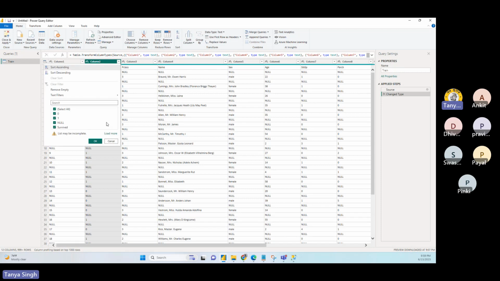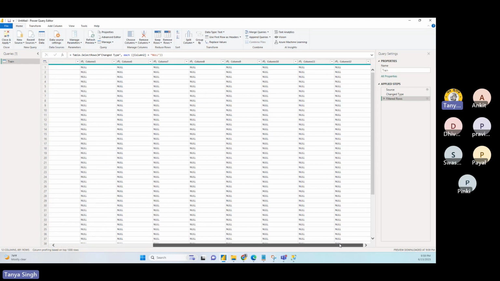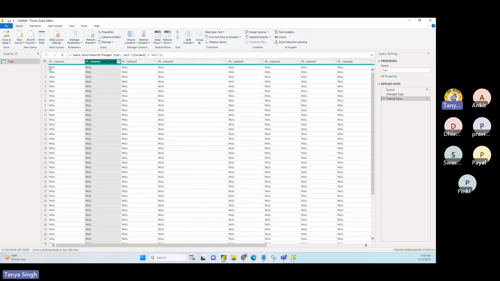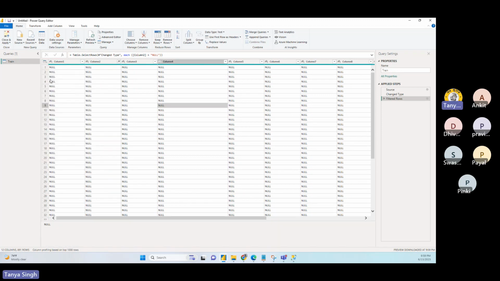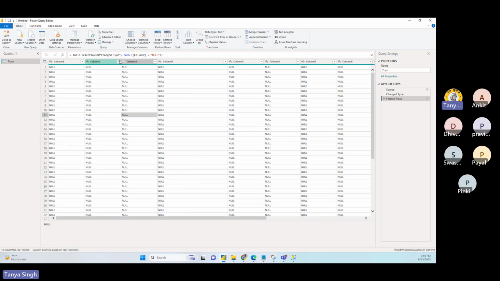So how can you do that? You can simply find the null, and you see, is this all null? Everything is null, just take a look. There is no other value, and then you can delete it. So you can select that data value and delete it. Remove top rows, remove duplicates, remove errors, remove alternate bottom rows, and all those things. So there are different actions that you need to do.